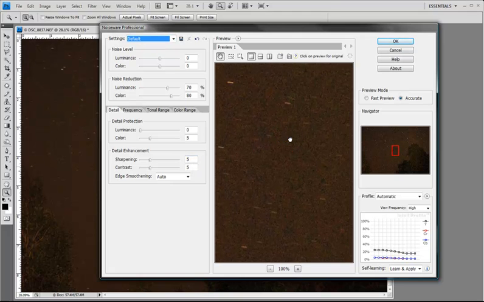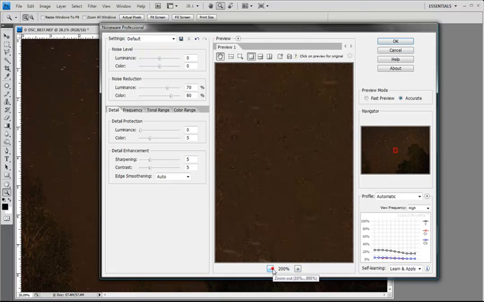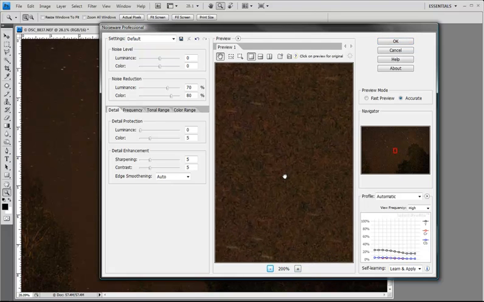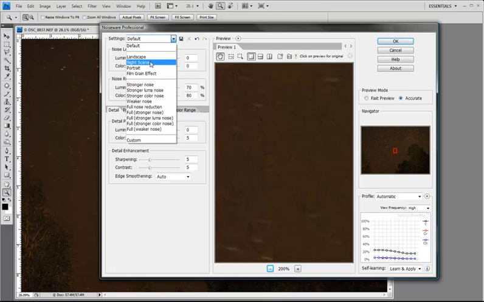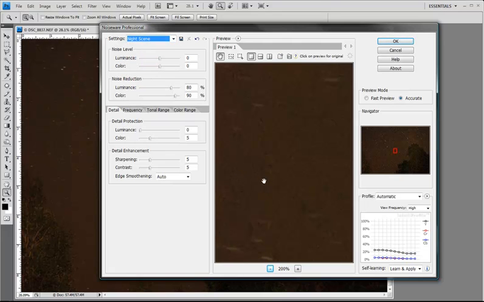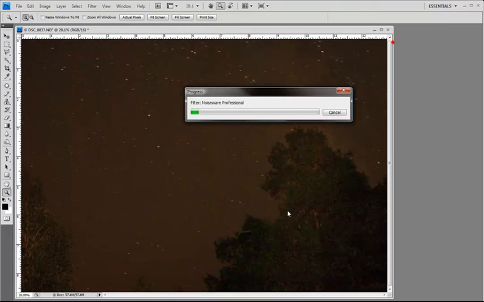And notice this is what we have, okay, at 100%. And boom, a lot of that noise is gone. If we zoom into 200%, whoops, that's 400%, 200%, again, that's what we had originally. That's what we have when we're done. And that's just on the default. If we change this to night scene, which is the scene that I'm actually showing you, and we click OK,